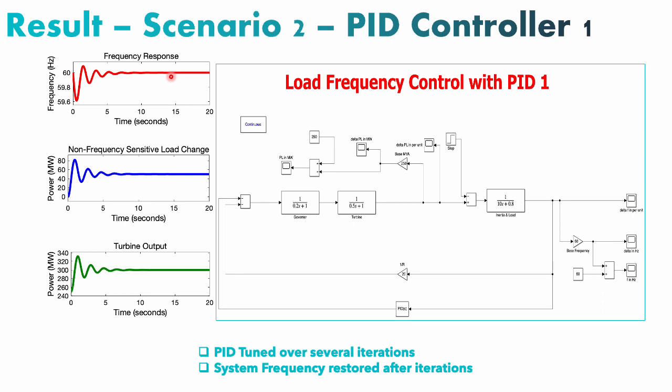Now, what it translates into is that if we have a power system and this kind of load frequency controller, anytime we feed power into the existing system, we would have to tune the controller manually in order to maintain the frequency at a standard or nominal frequency. This wasn't a good experience because we had to do a lot of trial and error in order to get the frequency to this nominal state.